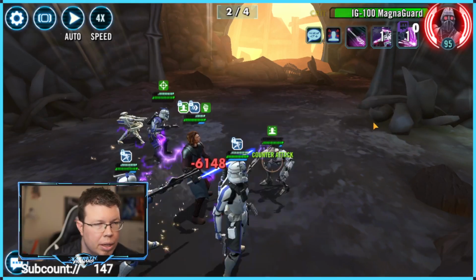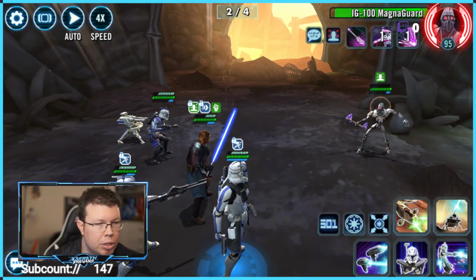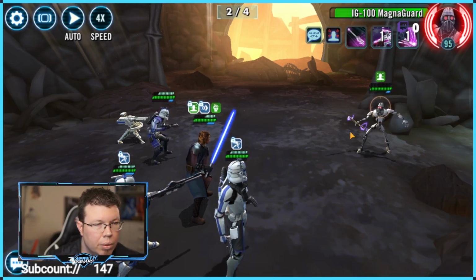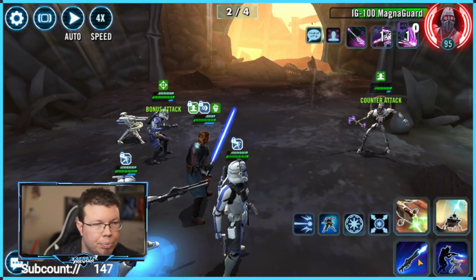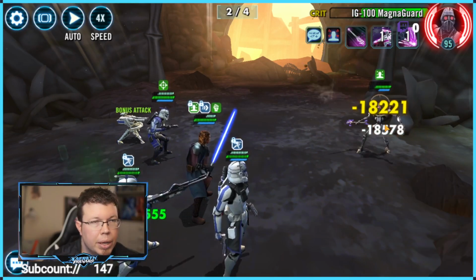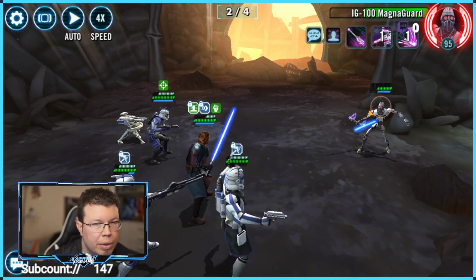Oh yeah, we'll save the Magna Guard. It will wear down General Skywalker a little bit, but that's actually not the worst thing in the world. We want the Rexecute available. Yeah, we can do this, though. The big hit is... I mean, it's not that big of a hit, but...